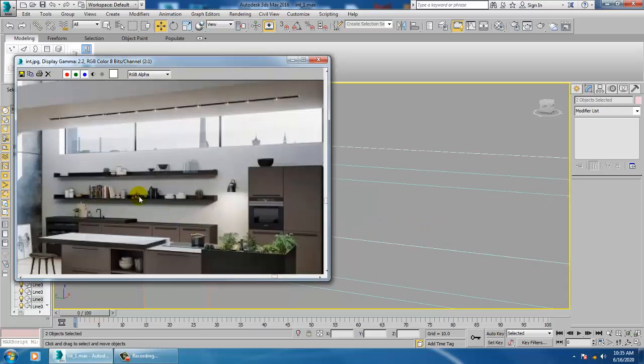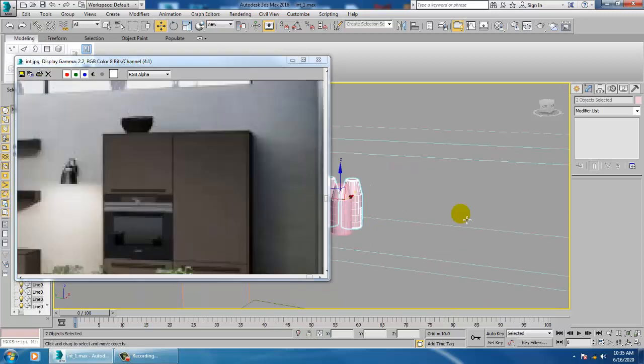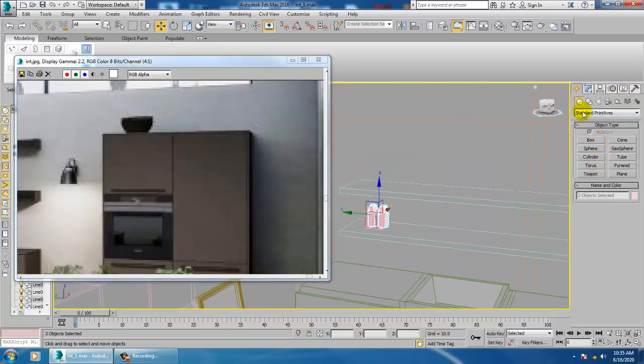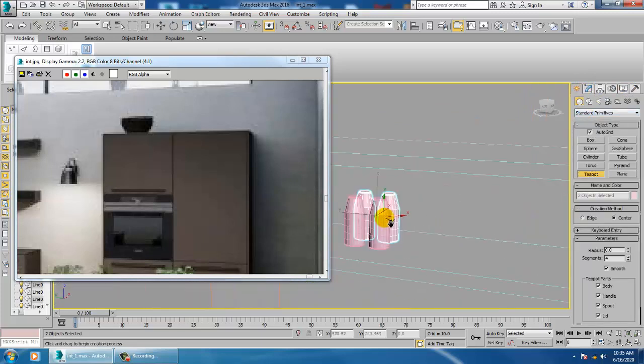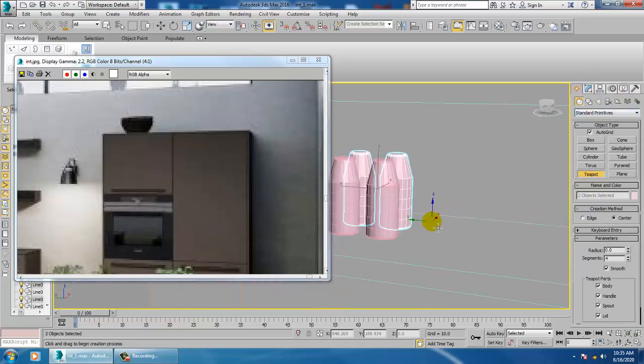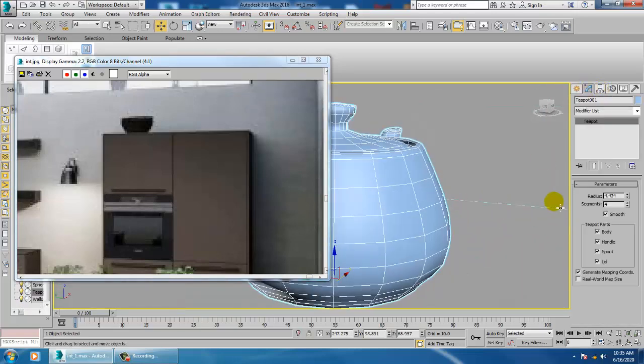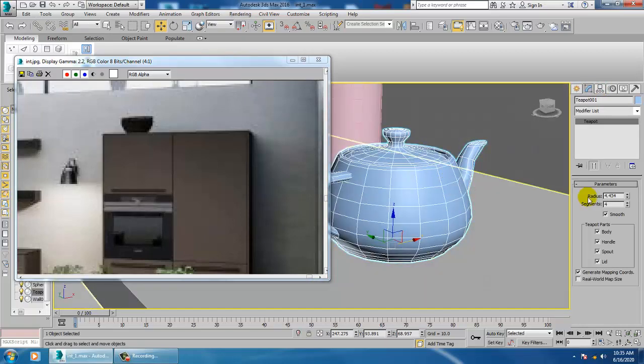Now we also need to create some kind of cups over here. For that we'll take a teapot. In this teapot, we have an option called lid. We'll turn off the lid and the spout.